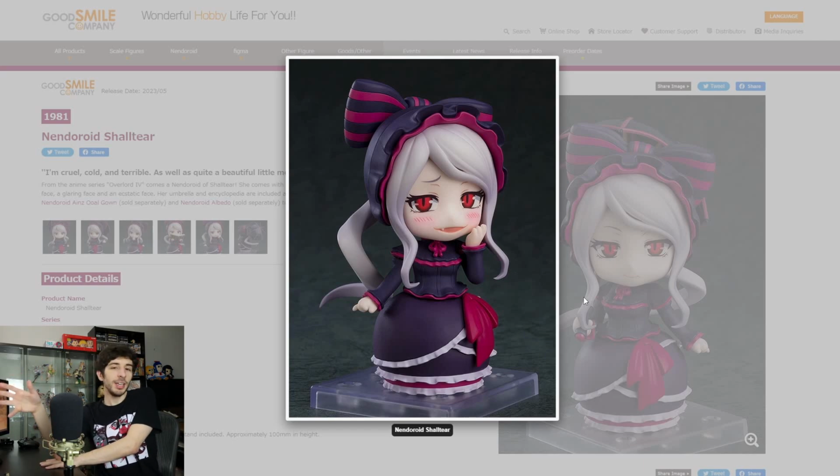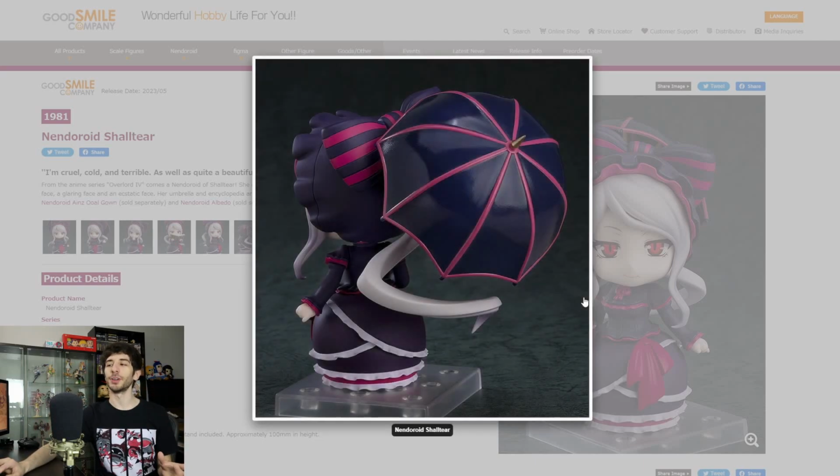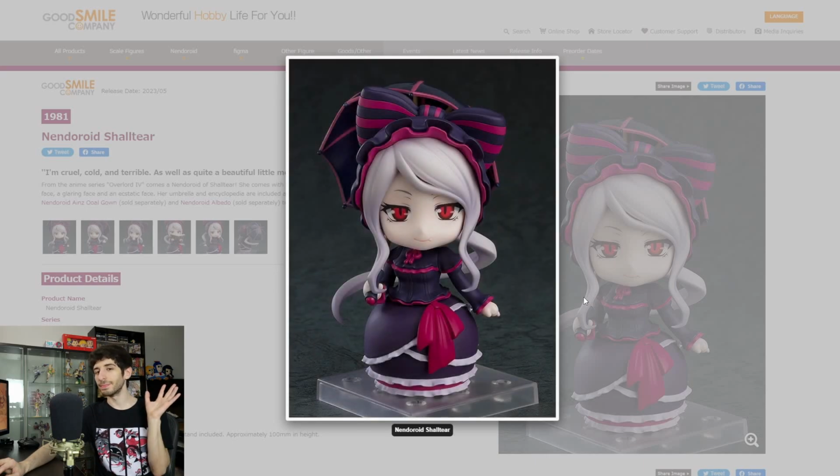But, you know, the 8,100 yen price tag is probably going to keep me away from this. A lot of the money is going into the dress itself and the hat, the kind of baby bonnet thing that's going on up there. Very cute Nendoroid overall. Love it. Not probably going to buy it, but I'm glad that they made her into a Nendoroid